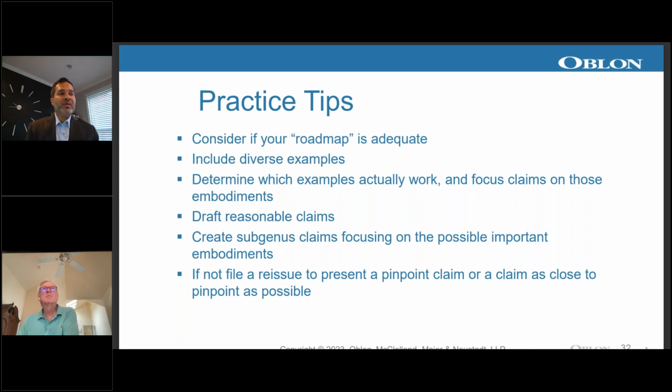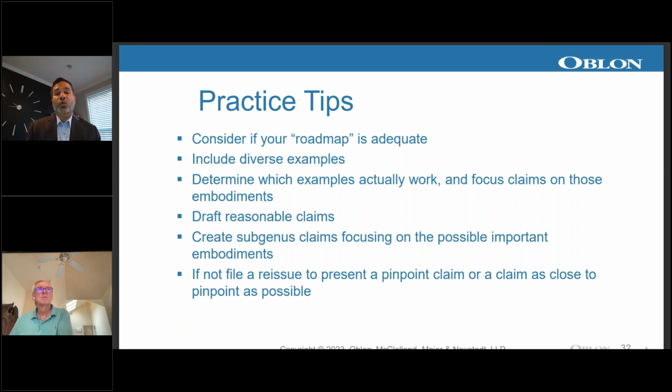Because what'll happen, if you get the broad claim coverage, and there's what we call sort of a fail example, where the alleged infringer's attorney comes up with an example that fails what you put in your specification, meaning the claim won't work with that particular example. That's a problem. They could do that and say, look, the claim fails with this, but the claim covers this. And you want to make sure that you know what fails with your actual teaching. Draft reasonable claims. I think that there's some extreme cases where you have to use some broad language, but you want to be careful not to cover too much either, where you're going to get this kind of scrutiny.